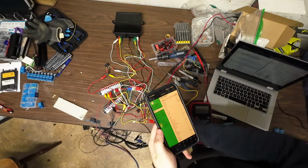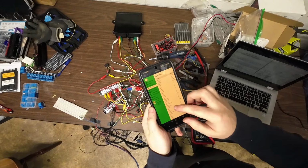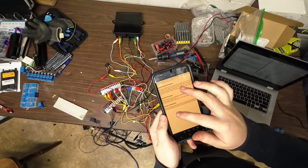Turn power back onto it. Connect to the Wi-Fi, done. Wait for this to refresh. So what I'm gonna do is I'm gonna go to update. Now there's a few different ways. What I wanted to use is the